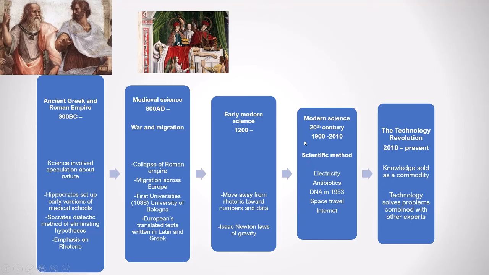So more advances in the last 100 years than there have been since ancient Greek times. And this, with the technology revolution that we're in now, is just set to explode. Which is why I tell you, position yourself well and get ready for a world of opportunity, because things are